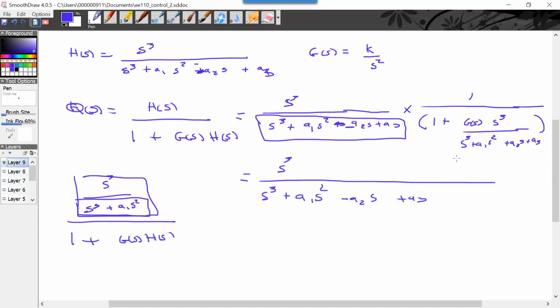It's all there. Now then, this is the denominator. That's this denominator right here. When I multiply it through, it's going to cancel, and I'm going to get g of s, s cubed. And now,